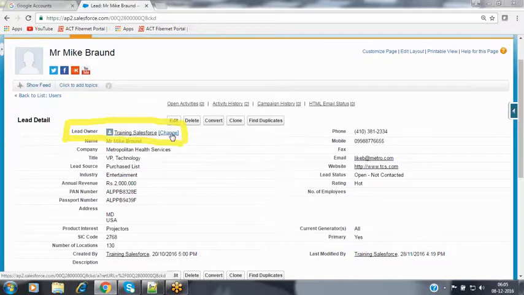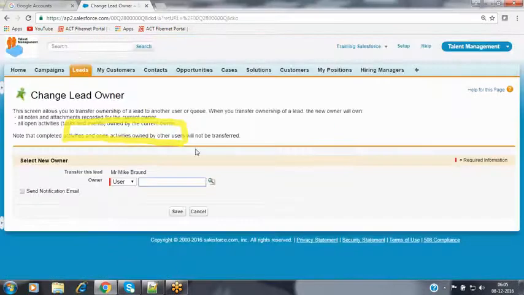When you click on Change, it provides the option to change the ownership of the record. To whom do you want to assign this record? Here we have two options: user or queue. We can make the owner a user, or we can make the owner of this record a queue. I want to place this record inside the queue so that any queue member will accept that record to resolve the problem.